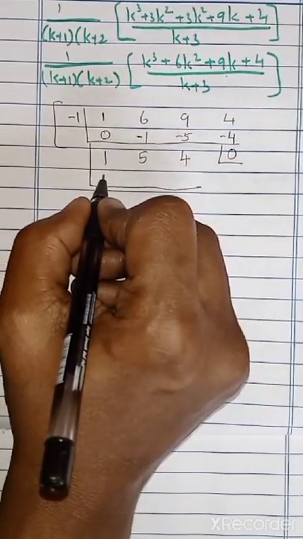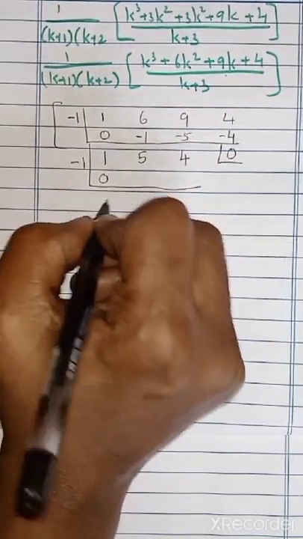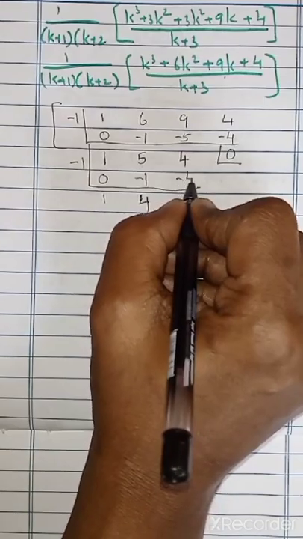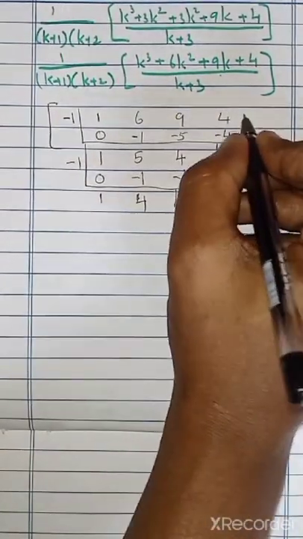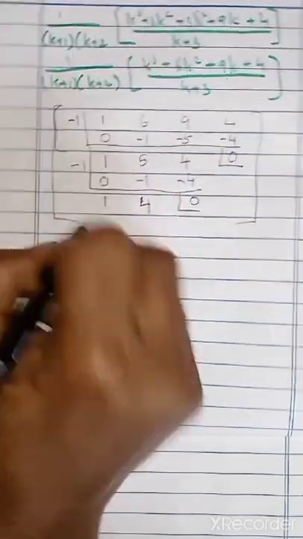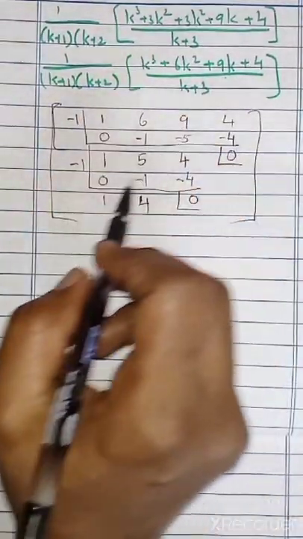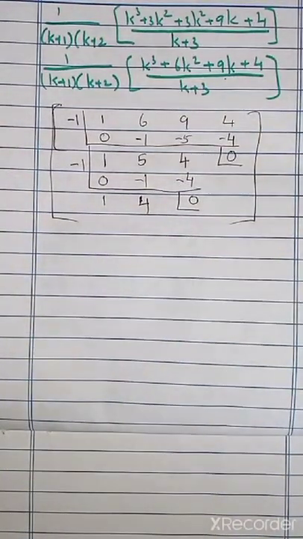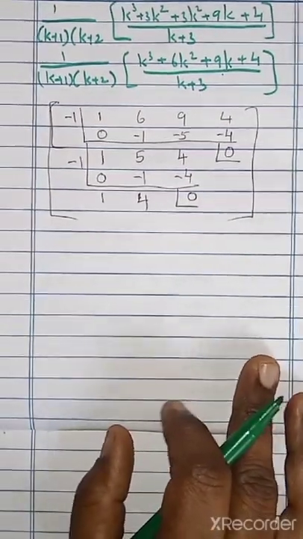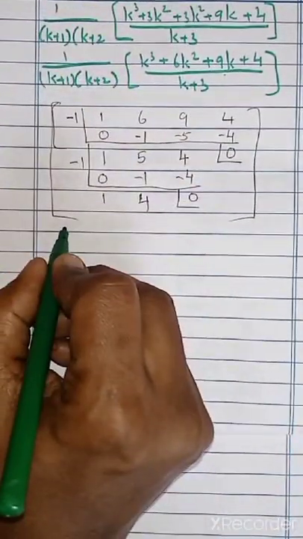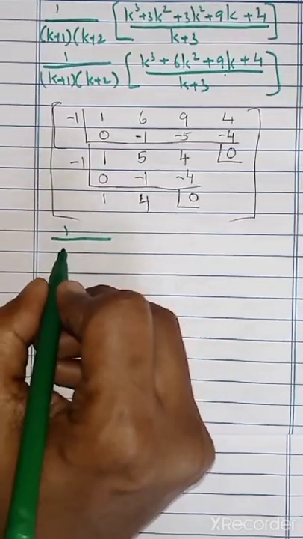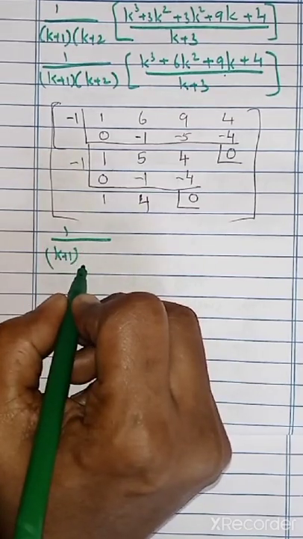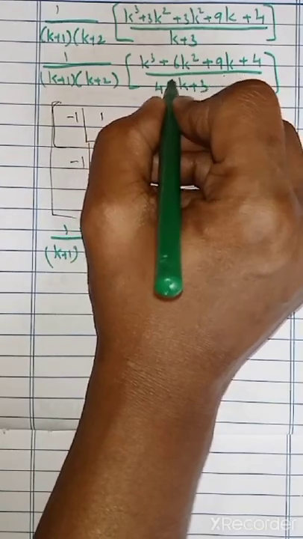Again we can take the L method. So again we can start with 0, here also -1, so this will become 1. 1 ones are -1, so 4. This is -4, which we got 0. Correct? So this you can take as a rough column. So from this we know that k plus 1 and 4 are the factors. Here we can take 1 by k plus 1 here. Here I missed 4.